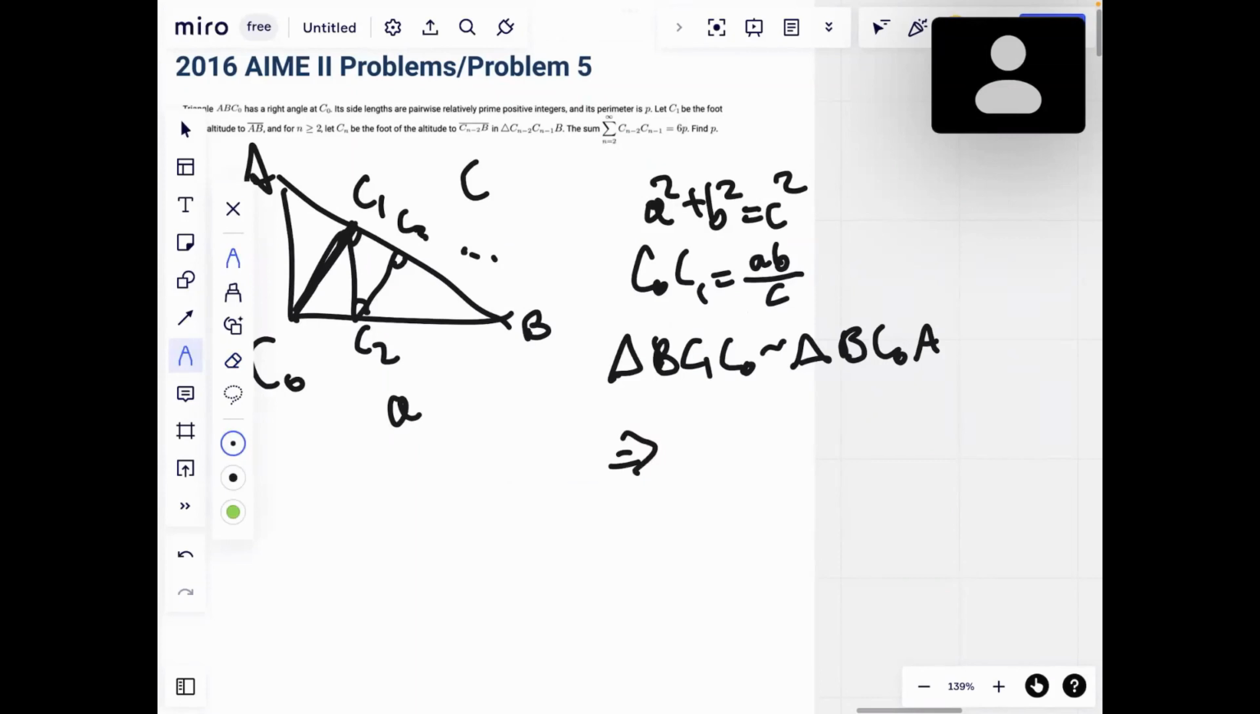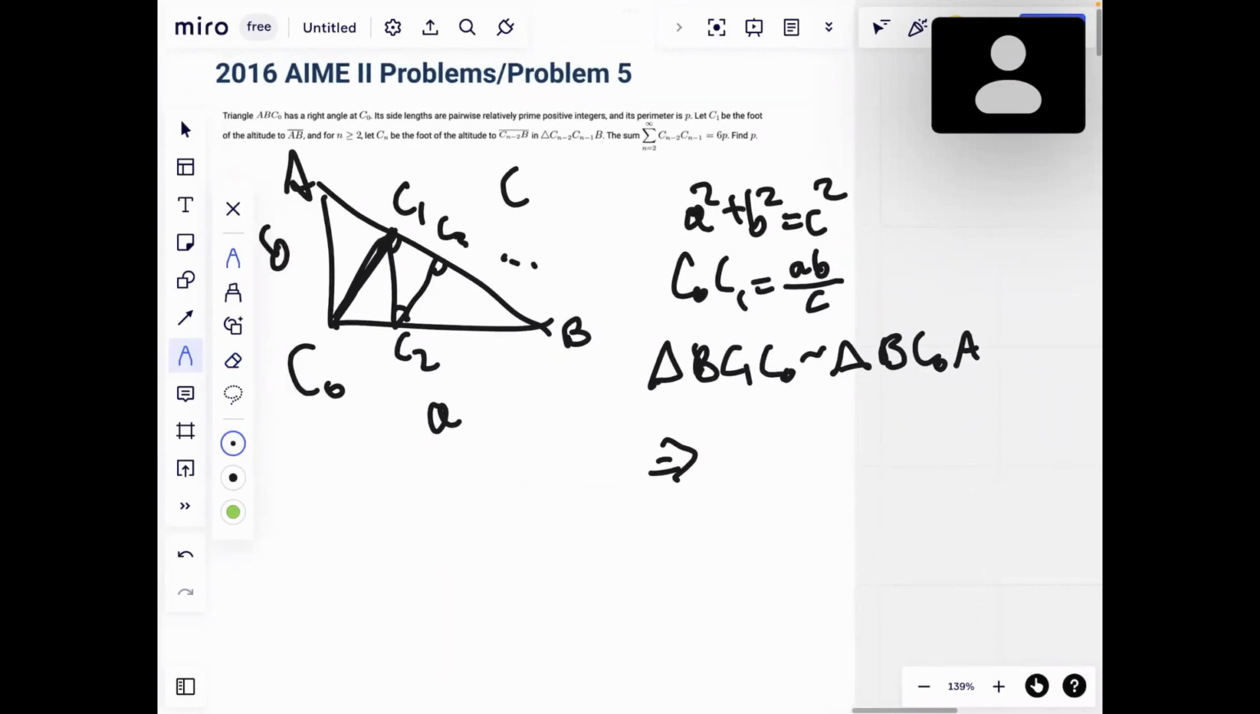So that means that we can calculate C1, C2, sorry, it should be B, C2, C1, let's say. So,